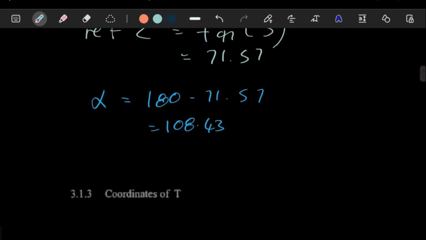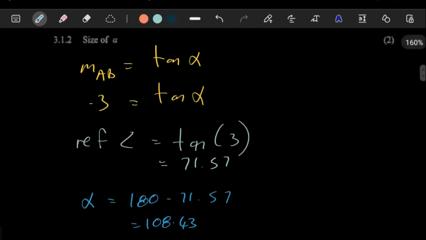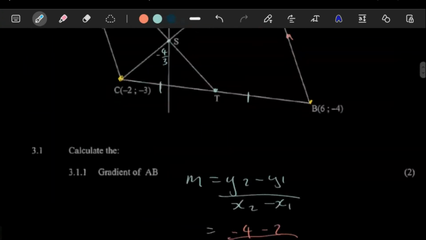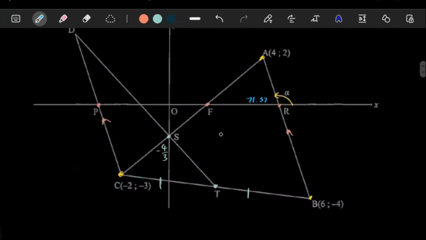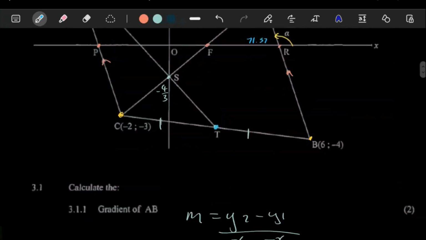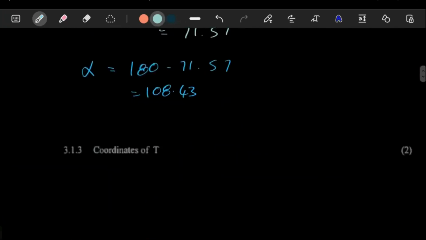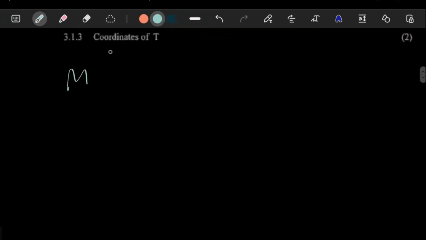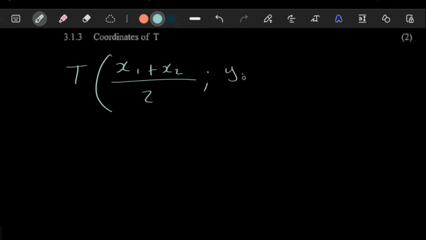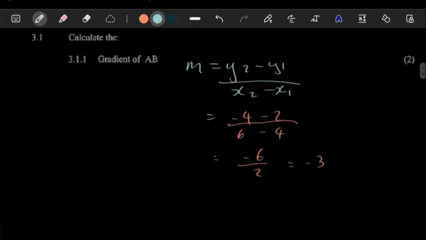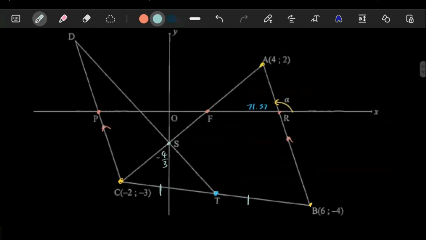108.43. There we go. All this being said, I want the coordinates of T. So the coordinates of T, that's the middle of these two, nothing crazy there. It's just the midpoint, just the coordinates of the middle. So it's x1 plus x2 over 2, y1 plus y2 over 2. Now all this, we can just say here